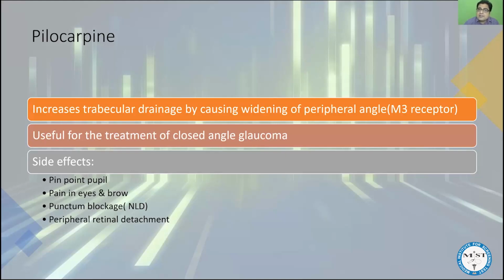Now, this medicine is mainly given for the treatment of closed angle glaucoma, particularly during an acute attack. Whenever a patient of closed angle glaucoma comes to us in an acute attack, we give these eye drops every 5 minutes, so that the pressure will come down to between 10 to 21 millimeter Hg. That is the normal intraocular pressure.